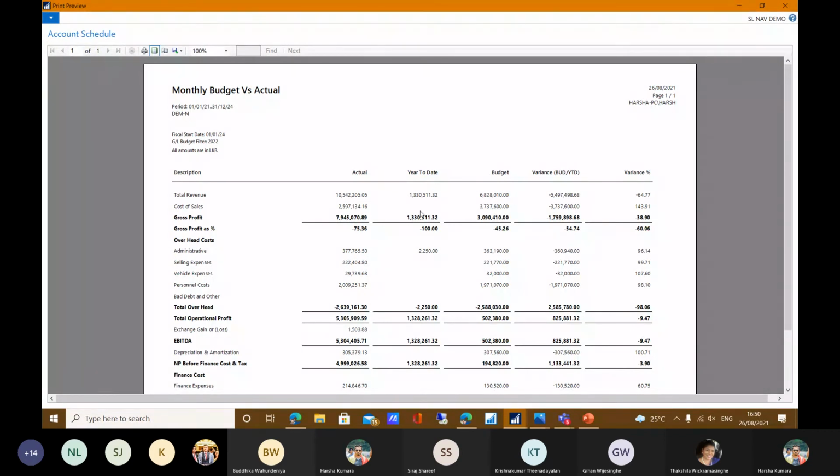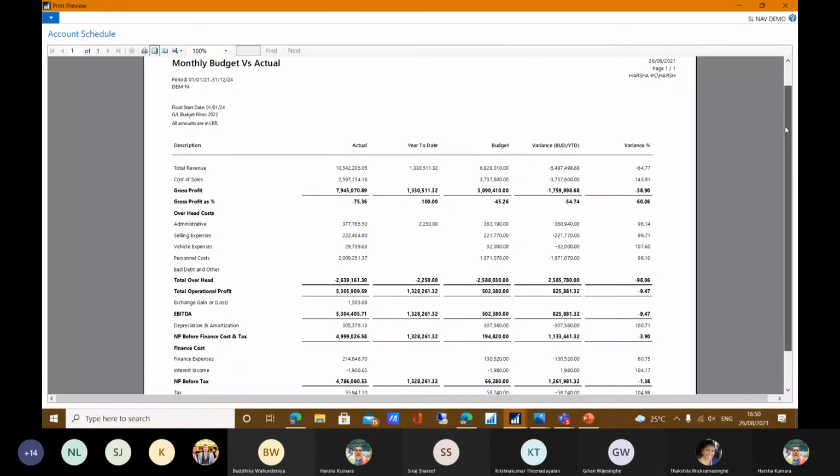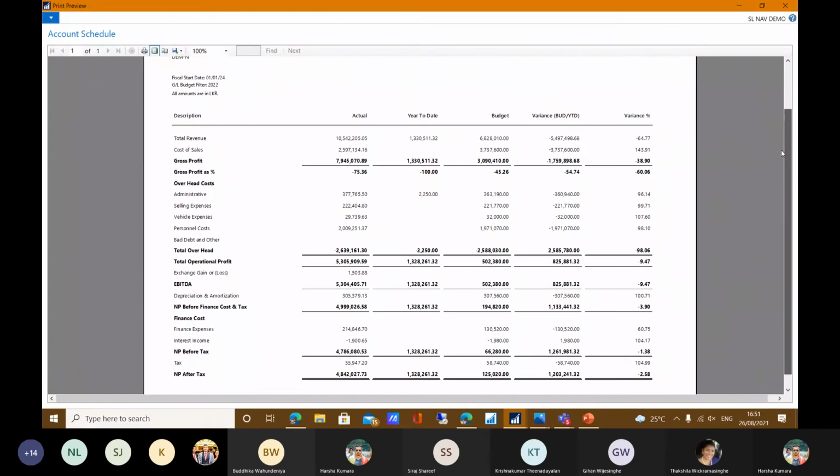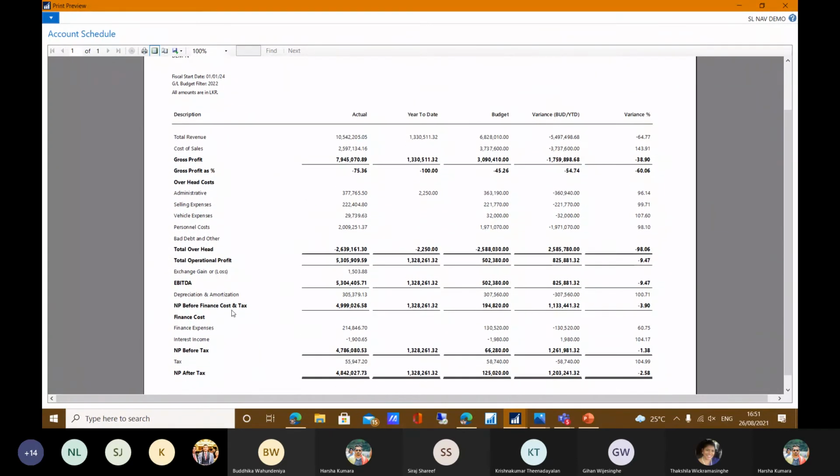This is a very simple chart of account, a simple income statement sheet, from the total revenue to the net profit after tax you can get. This we can modify, and we can further detail your overheads, your P&L total revenue tab, and your cost of sale tab using the account schedule.